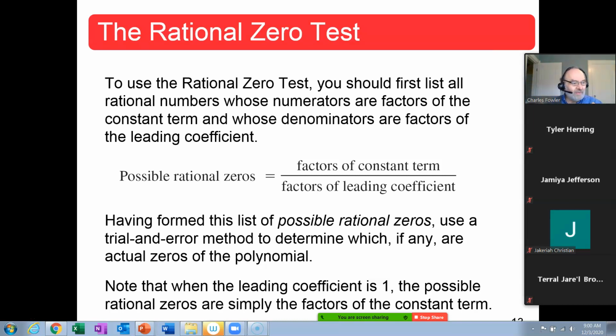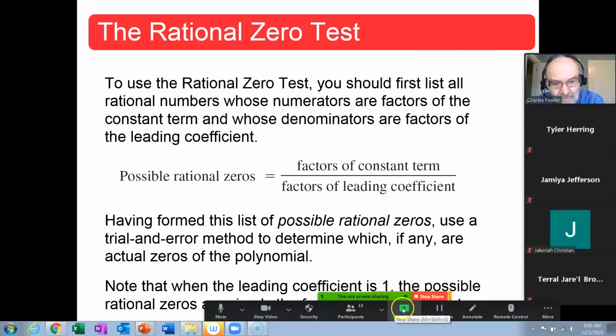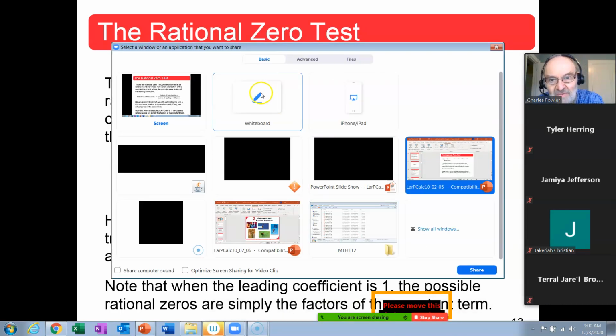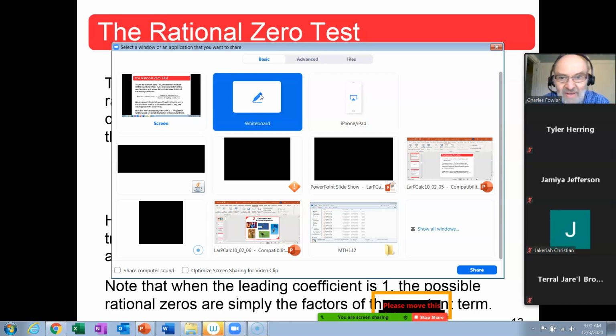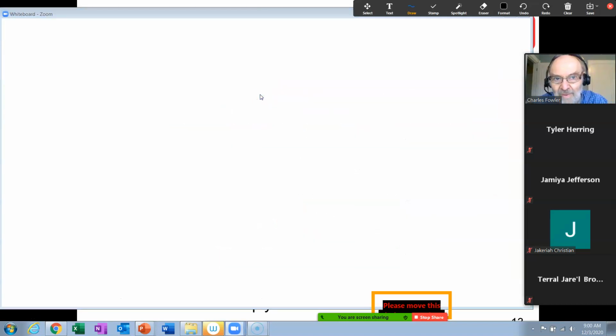Any questions before we get going on example 2 in section 2.5? We're in chapter 2, polynomial and rational functions, 2.5, zeros of polynomial functions. And I do have to start at the whiteboard because they don't have example 2 on the PowerPoint. Okay, so let's finally get started here. Find, if possible, the rational zeros of,